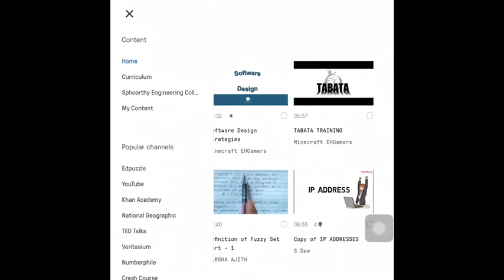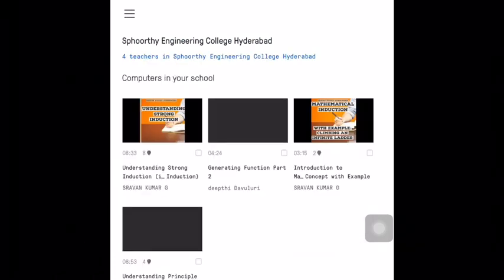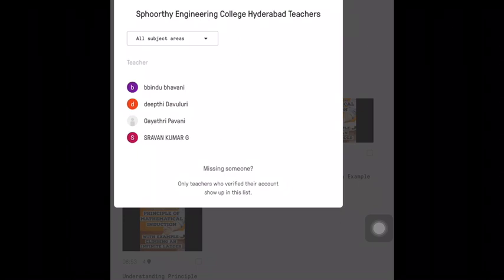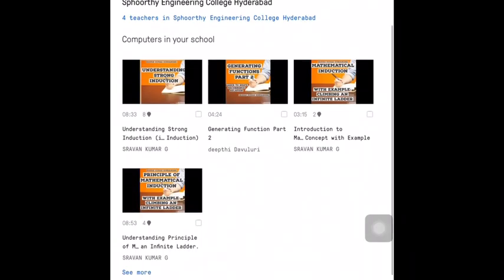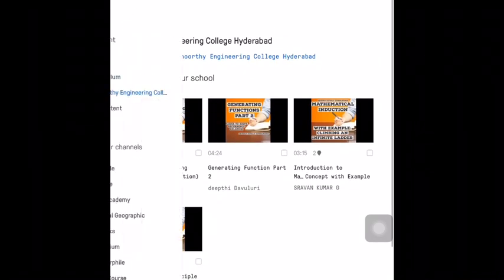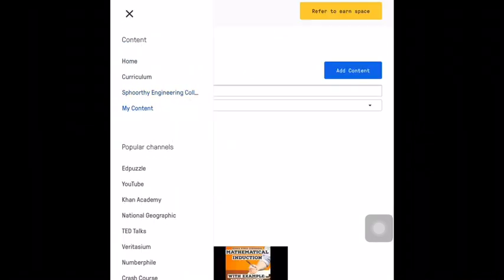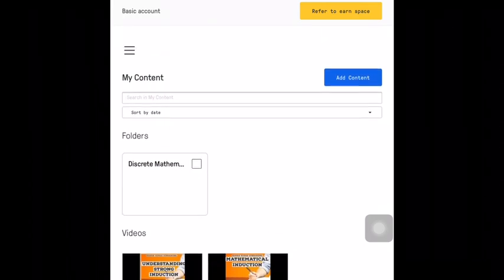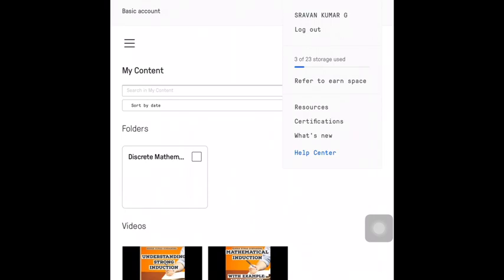It's better. And here I'm clicking on Spurti Engineering College. In Spurti Engineering College it shows 4 teachers: Bindu Bhavani, Deepthi, Gayatri Pavani ma'am, and myself. These 4 people are using Edpuzzle and my content. So far I have uploaded 3 videos, because you can see here 3 of 23 storage used. I can use only 23 videos.